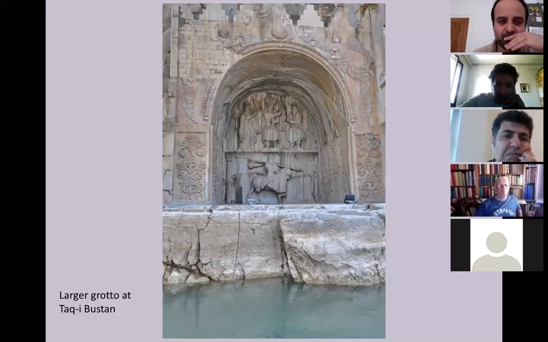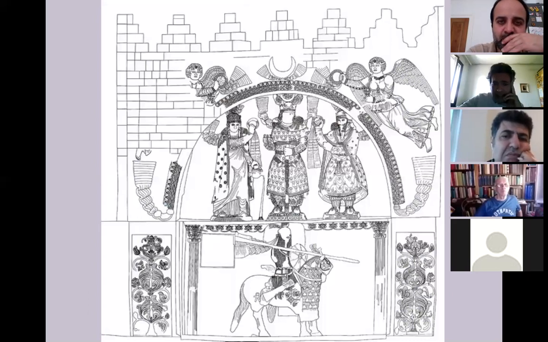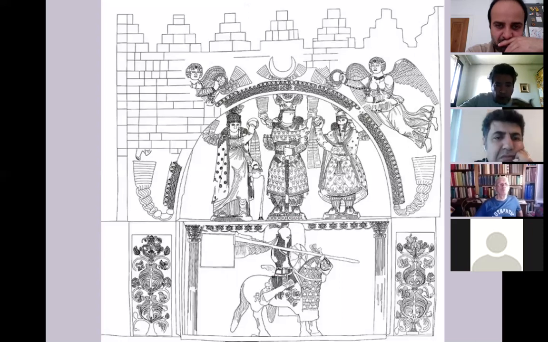Now, next slide, please. This is a sketch prepared by a Japanese team that was at work in Taq-i Bustan between the 60s and the 70s of the last century. And in 1984, these Japanese scholars were able to produce a very important four-volume study on Taq-i Bustan. They did very interesting studies, but no archaeological excavation there. So this is what you have practically when you are in front of a monument.